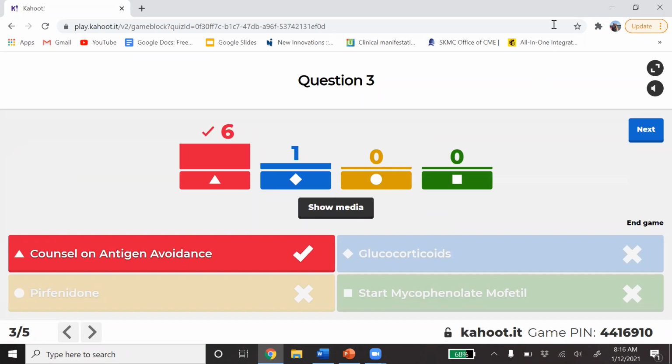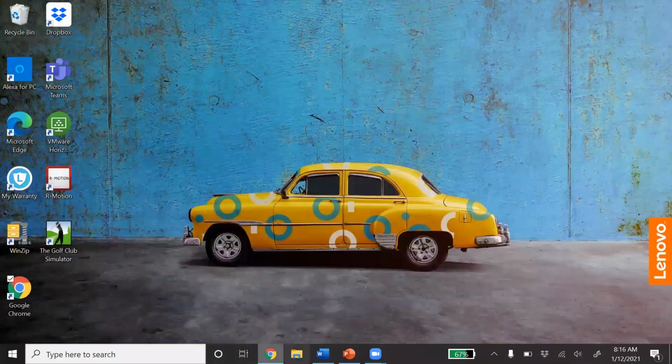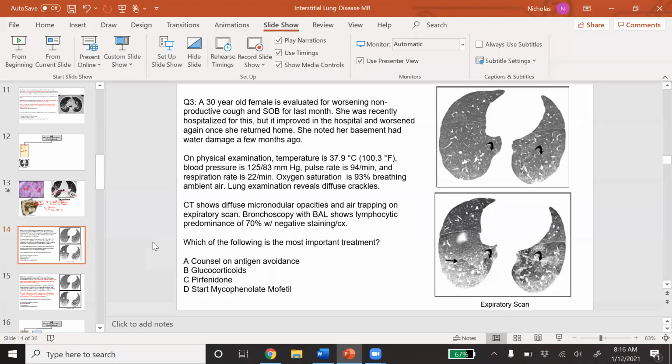Nice. Curb still on top. We got Babs next. C-Pup in third. All right, so